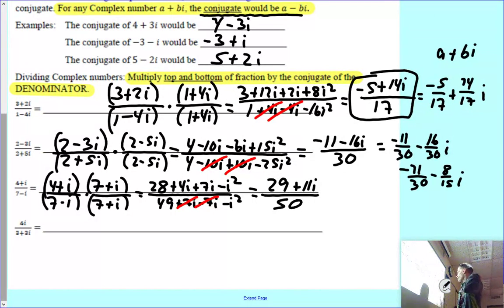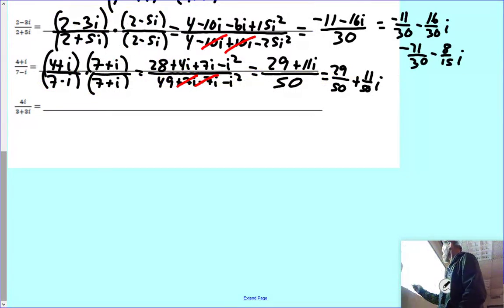So you have 29 plus 11i over 50. We'll do that one. And then last but not least,